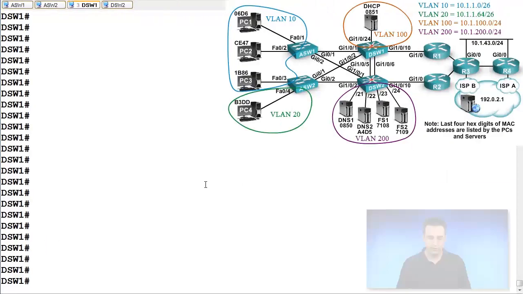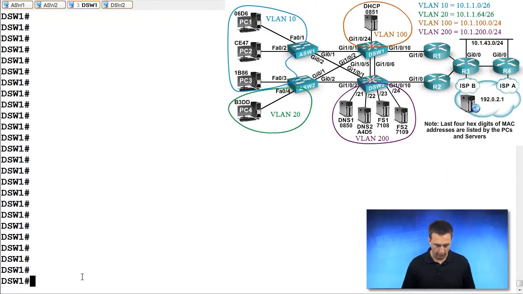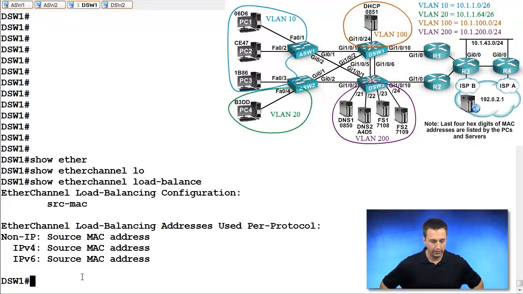Let's go out to DSW1 in our live environment and type in show EtherChannel load balance and see what's happening by default on a Catalyst 3750E. The load balancing is source MAC address only. Well, if the traffic flowing from DSW1 to DSW2, so the clients in VLAN 10 to the clients in VLAN 20,